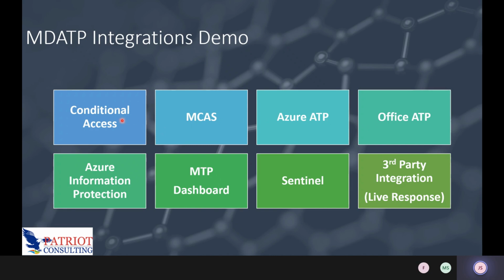So, conditional access. This is checking the posture of that device, and if it's risky, you can take action to block it from accessing, say, Office 365 or your other SaaS applications. Cloud App Security is Microsoft's CASB, and we'll talk about some of the integrations it has with protecting SaaS applications and Shadow IT. Azure ATP is an agent you would deploy on your domain controllers in Active Directory,